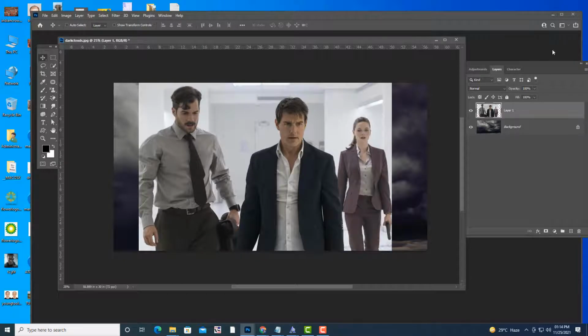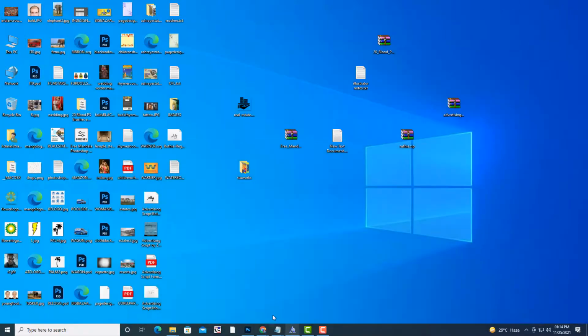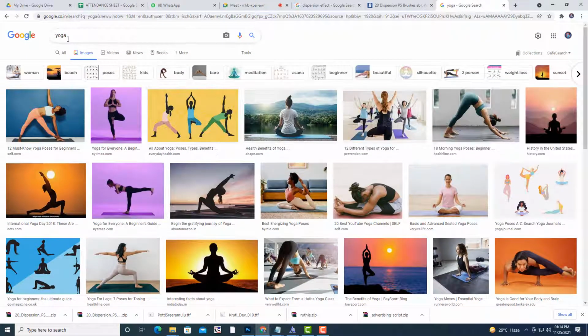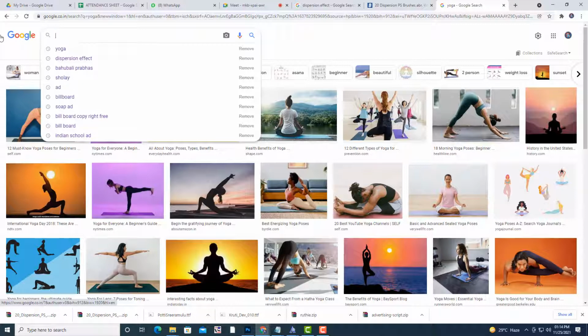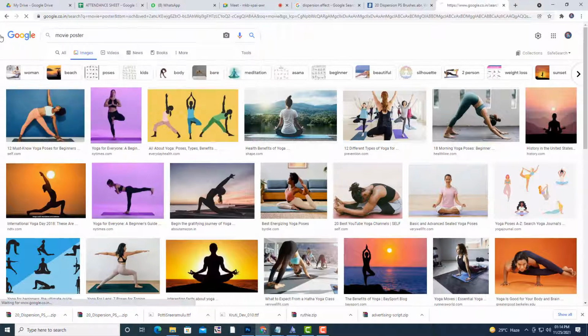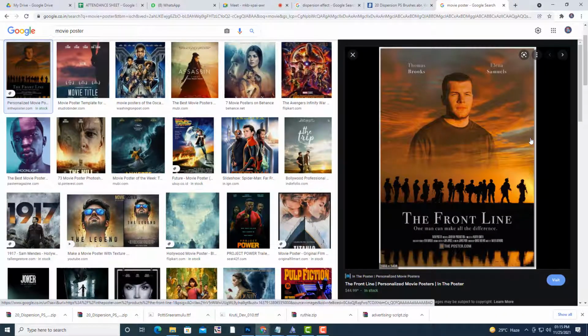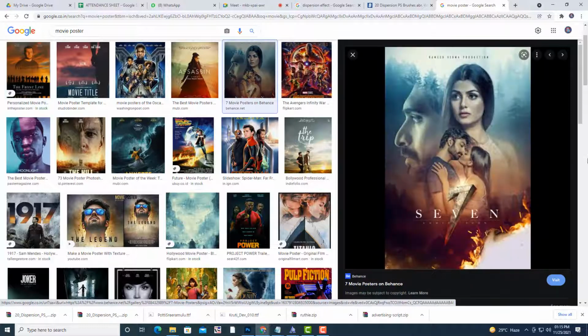First, I will tell you what cinematic coloring is. I will just type movie poster. If you type movie poster, the first thing you have to understand is what the colors are, what type of colors we are going to see. See here, you can see some cinematic coloring. They are not natural colors.